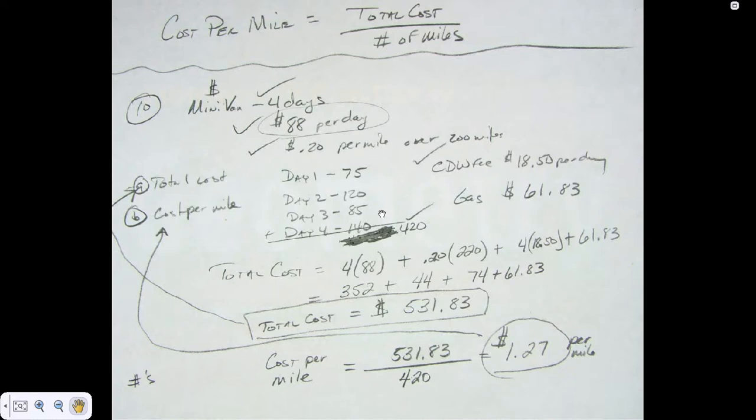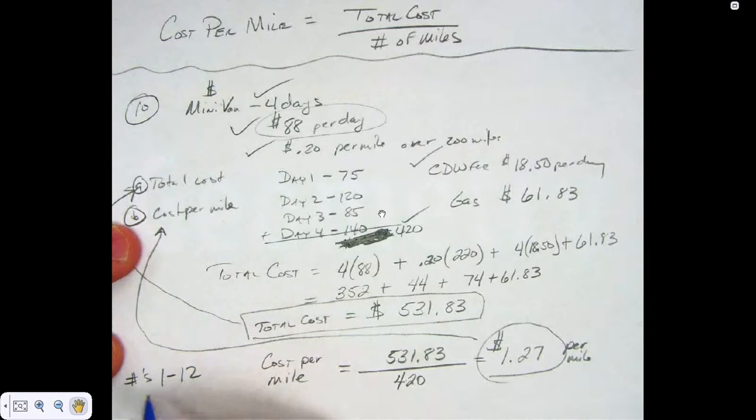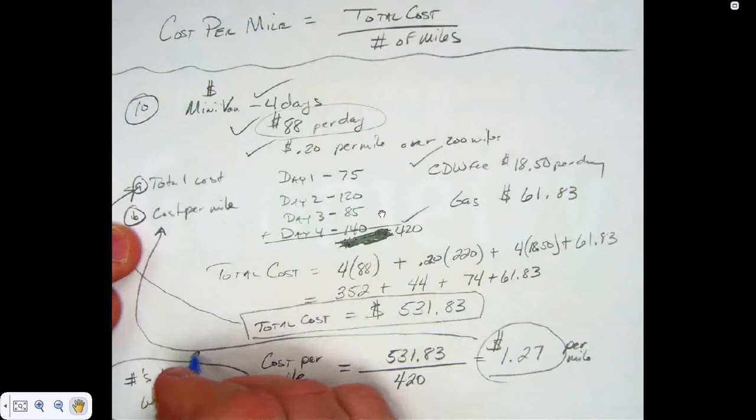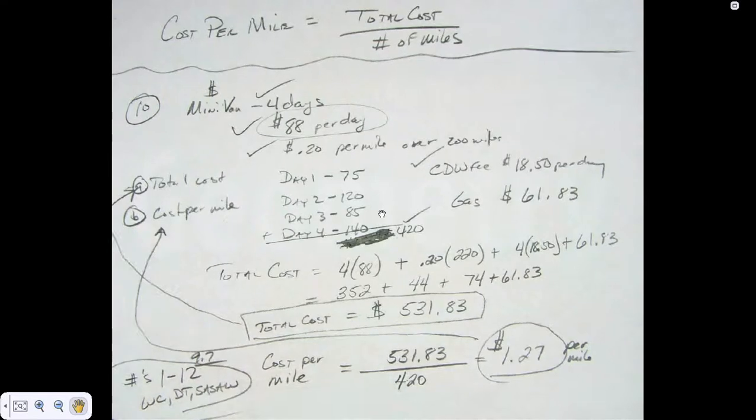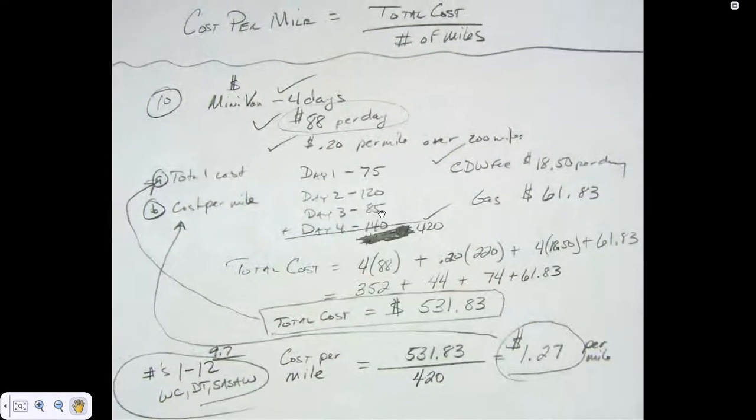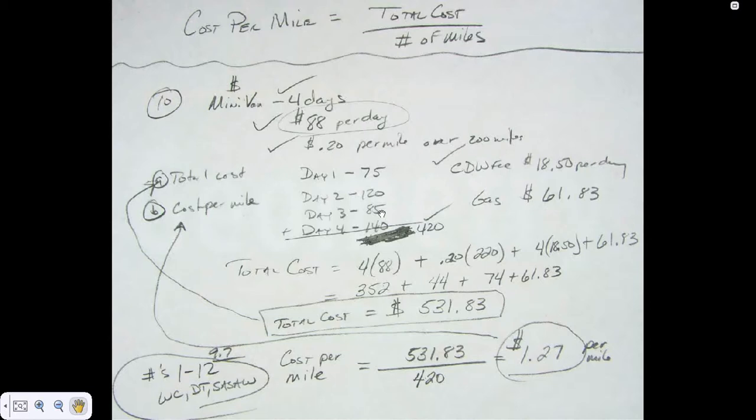Or no, 1 through 12. All right. I think there are people that still do that as far as renting instead of